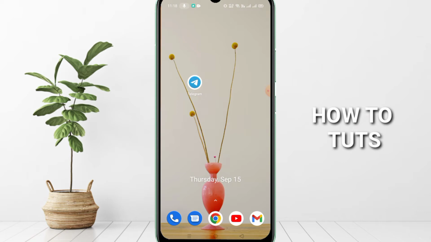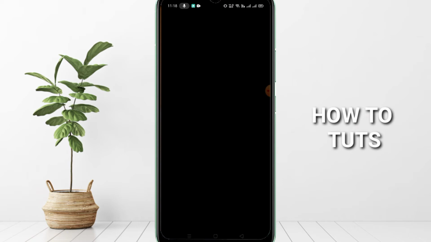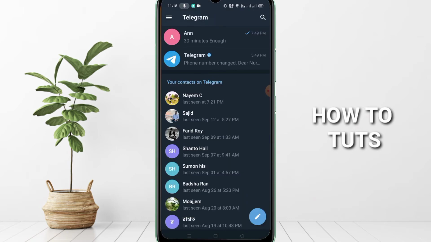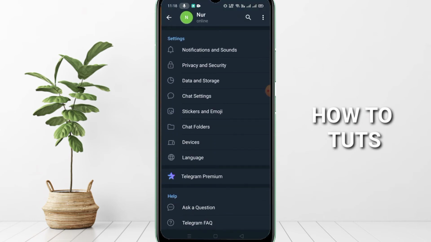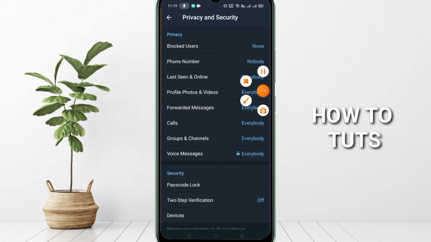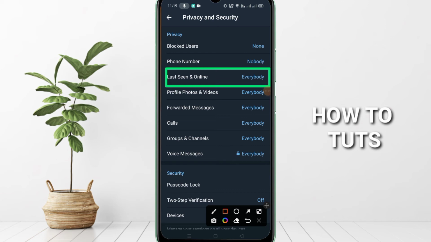So now go to Telegram apps. So click on your Telegram apps, and after that click here, three lines in the left right corner. Click here and then click here, settings, and after that scroll down a little bit. Then you can find here privacy and settings, and then here you can see the option last seen and online. Just click on this,